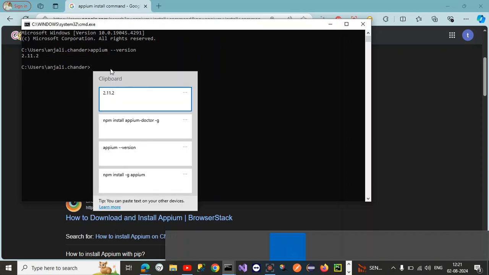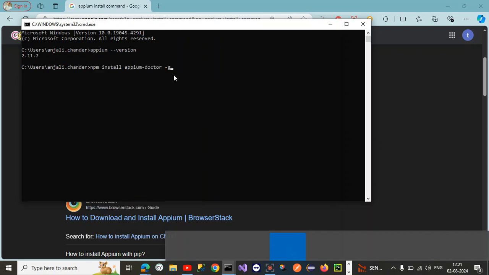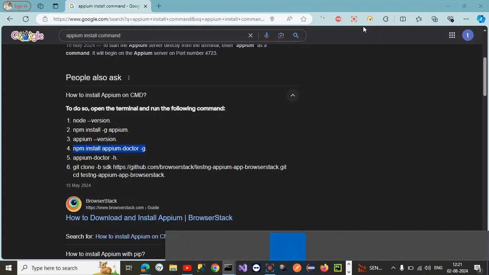This is the command. I'm not installing it because it's already available for me, but you can use this command to install it. Next command is to check the status, like what is installed, what is not installed. That you can check by running this command.